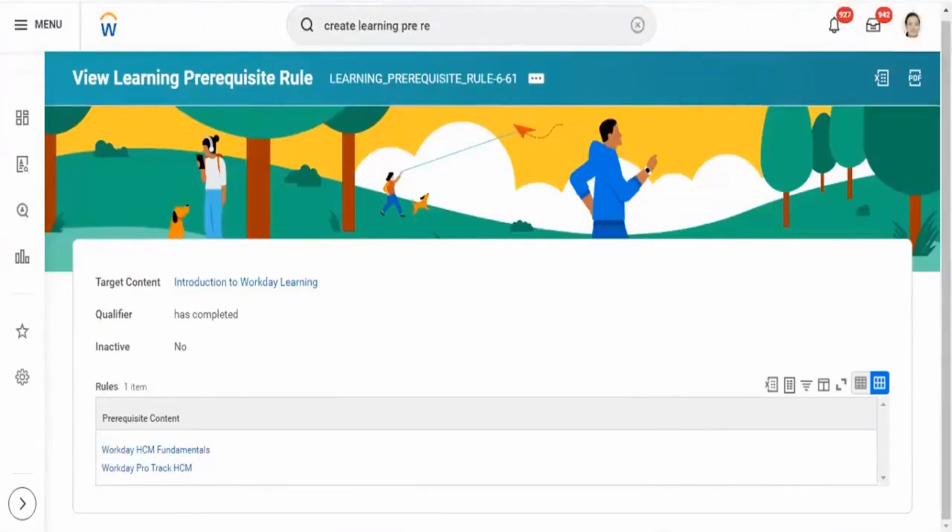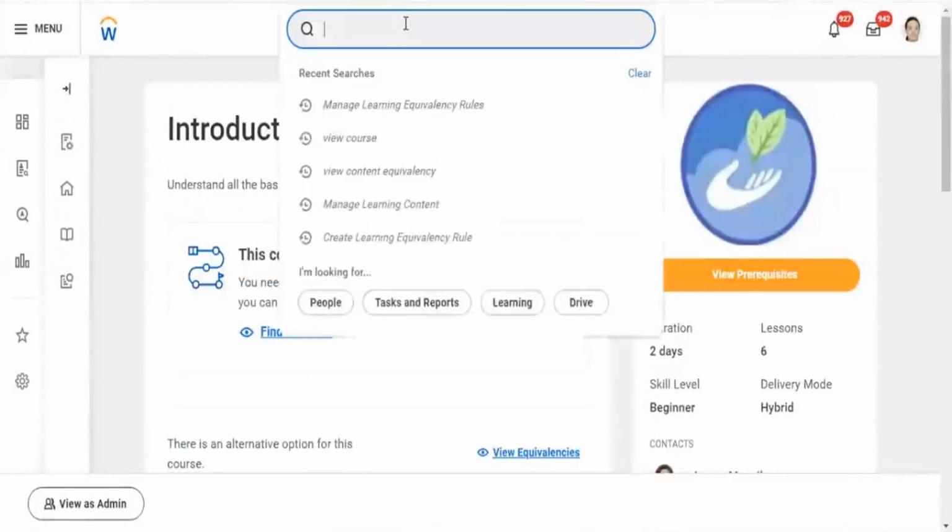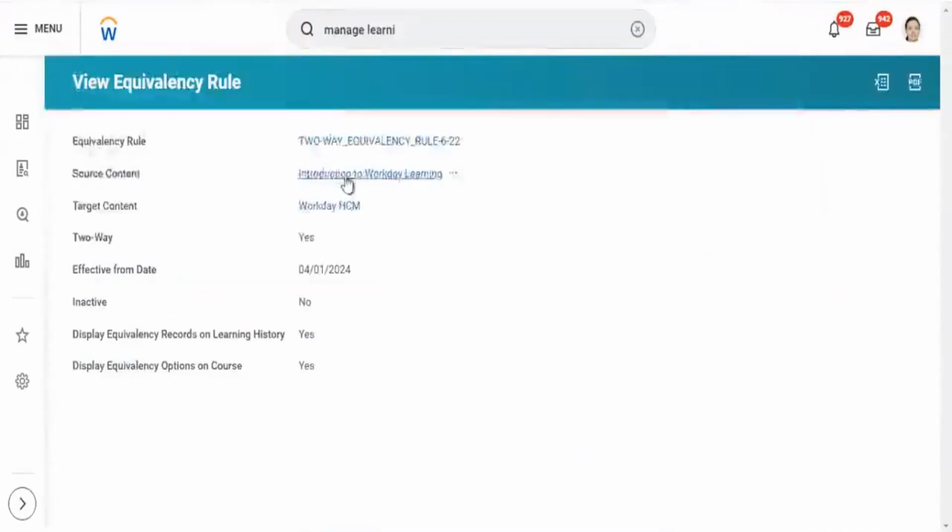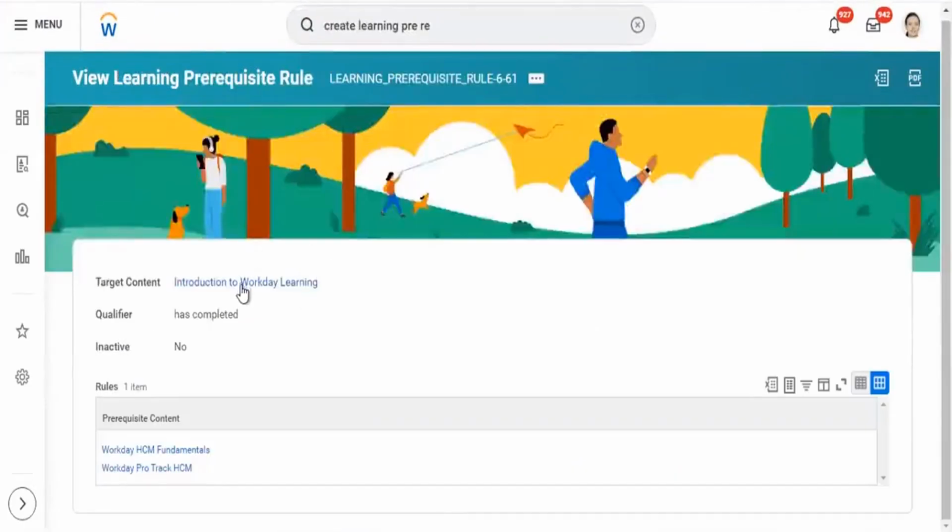Now look at this course. You can also search the course by taking the course name from here, or from the search bar.